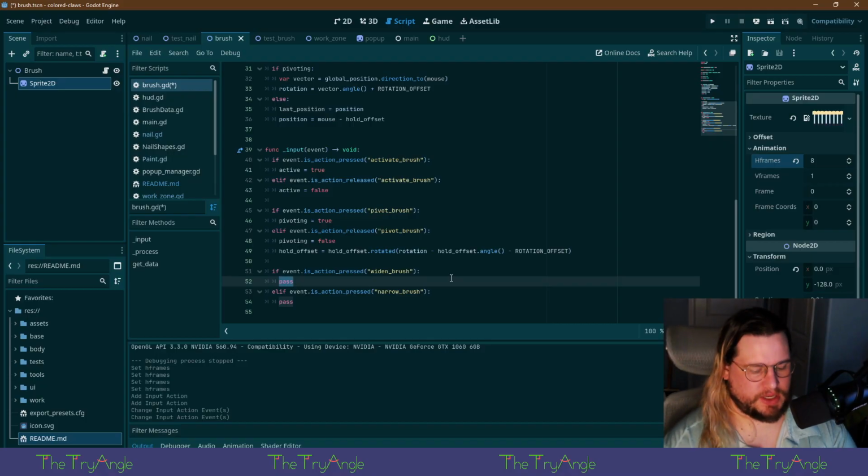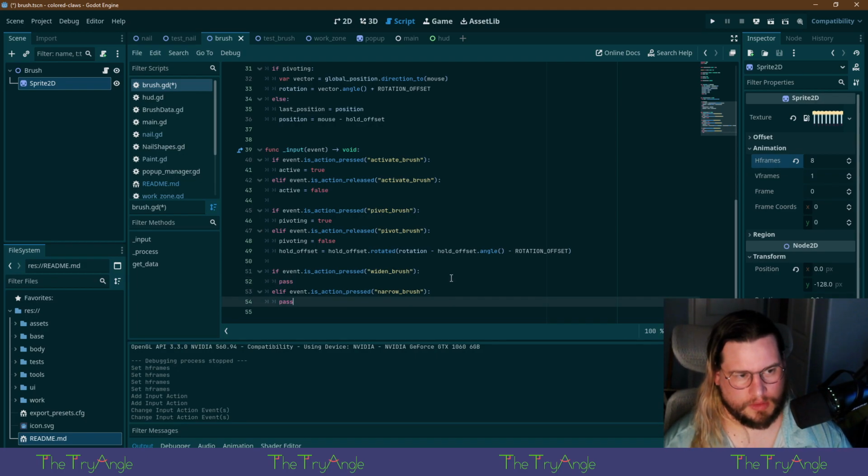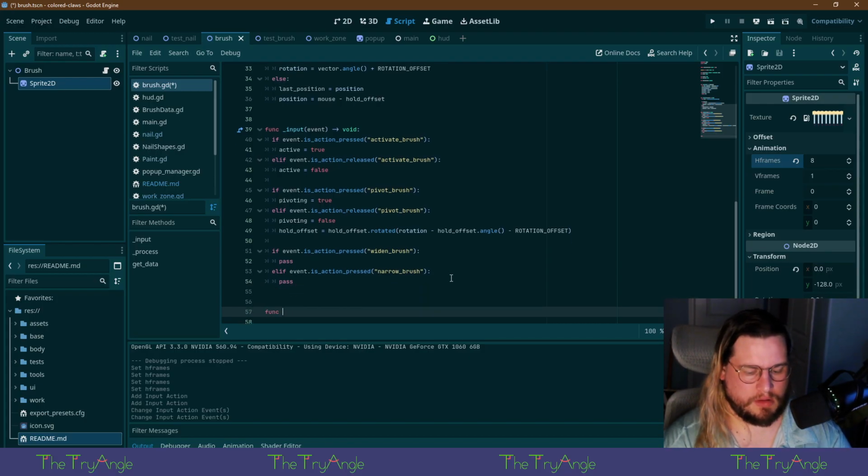If we're going to widen, we're going to increase the frame count up to a limit. Adjust frame. Nah, forget that. Animate fan.